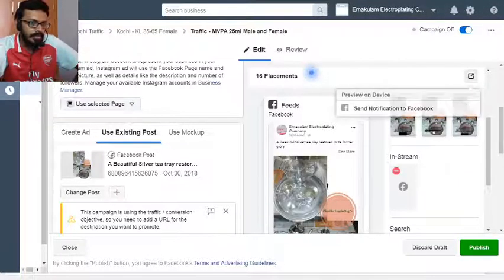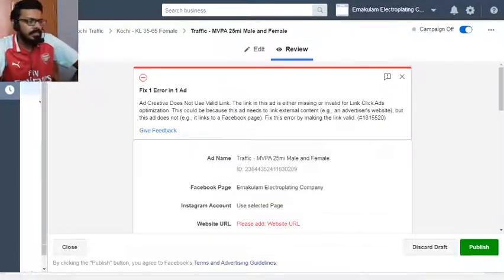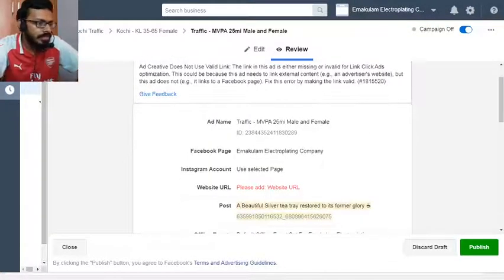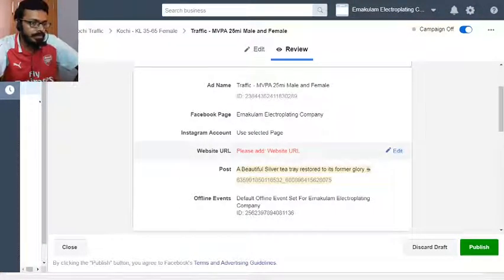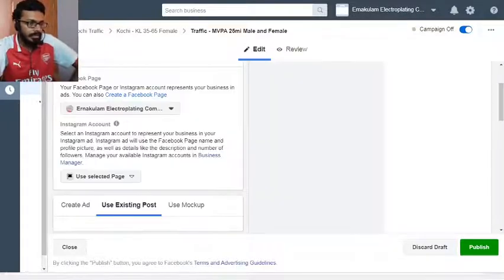Preview on device, so I can preview it on my phone. Okay, I get it. How it's going to appear on my phone. Let's check. Click on the review button. I think review is going to show. What is the ad? Website URL. Okay, website URL. I'll add it right away